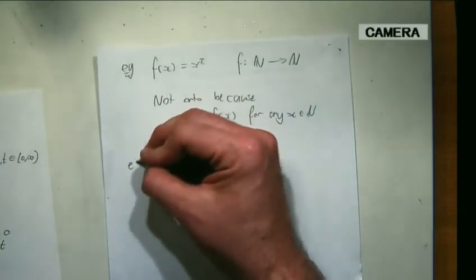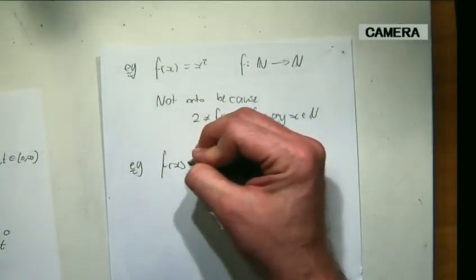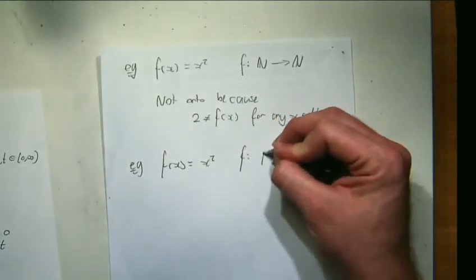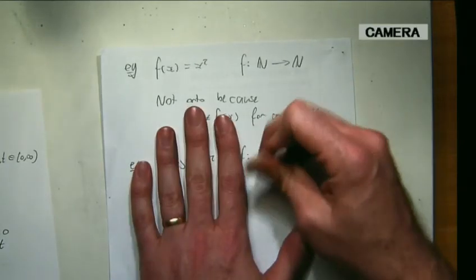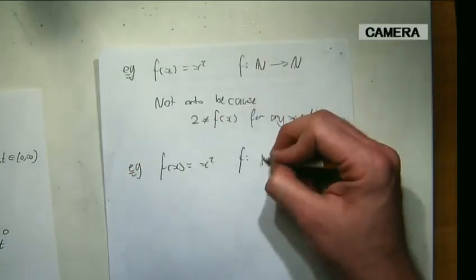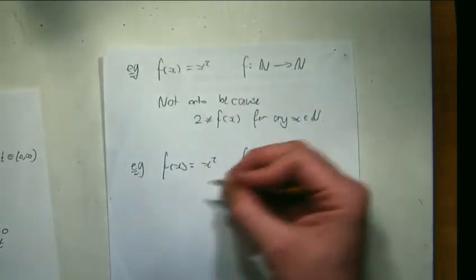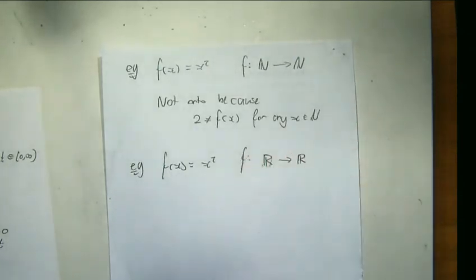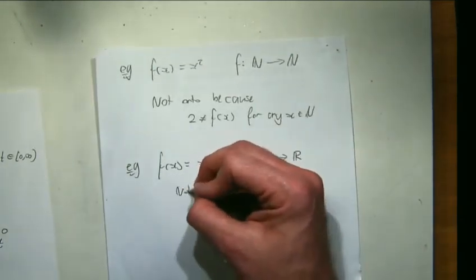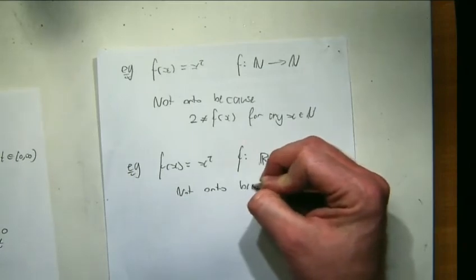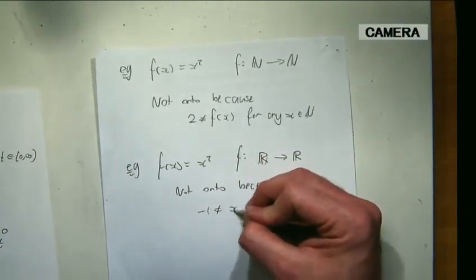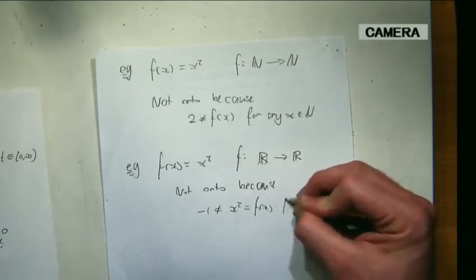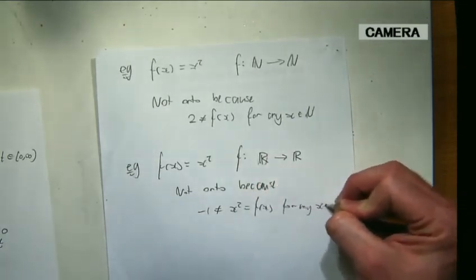Whereas from R to R, you have that that actually isn't onto either. Not onto because -1 is not equal to x squared for any x in R,